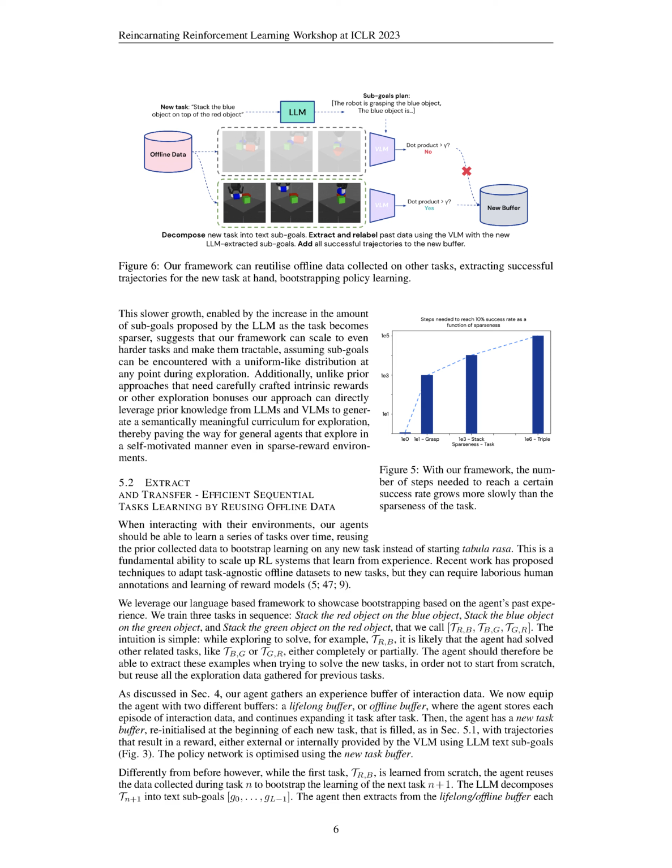At the beginning of each new task, we reset the policy weights to investigate our framework's ability to extract and reuse data, thereby isolating and eliminating effects that could be due to network generalization. Our experiments clearly show the effectiveness of our technique in reusing data collected for previous tasks, improving the learning efficiency of new tasks. These results suggest that our framework can be used to enable lifelong learning capabilities in robotic agents.